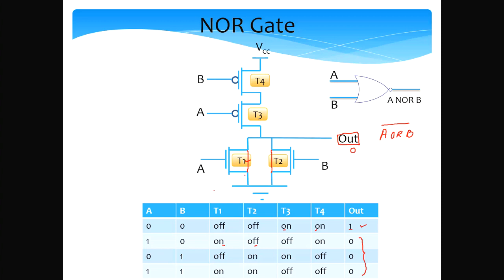So what we get to see over here is that using CMOS logic, we can create with NMOS and PMOS transistors a structure via which we can compute A NOR B, which is essentially A or B complement, and this is the symbol of the NOR gate. So this is a regular OR gate and a circle. The circle denotes inversion. A regular OR gate would be a gate like this, right? A and B, two terminals. If we add a circle, it becomes A NOR B, which is the complement of A or B.